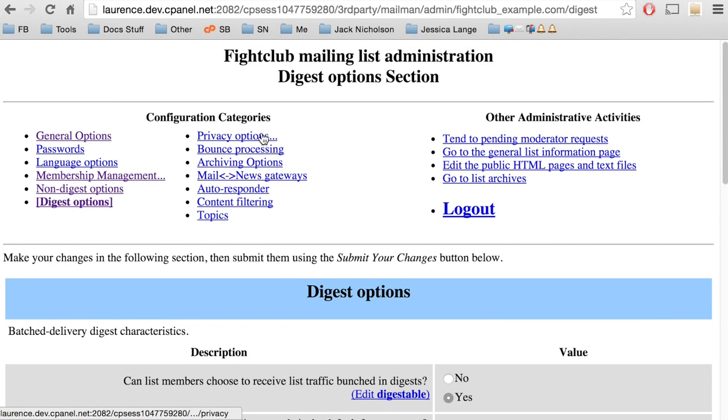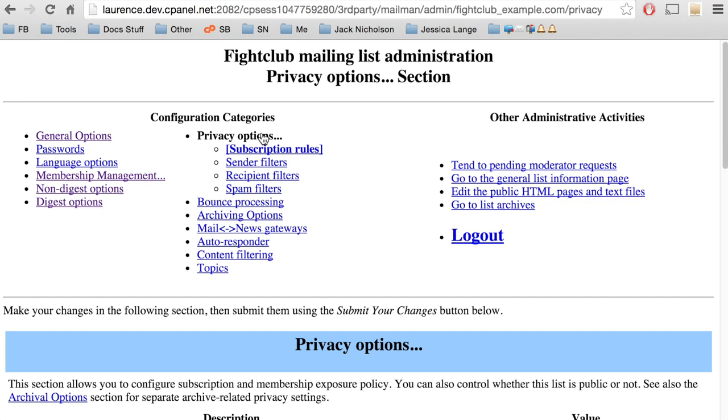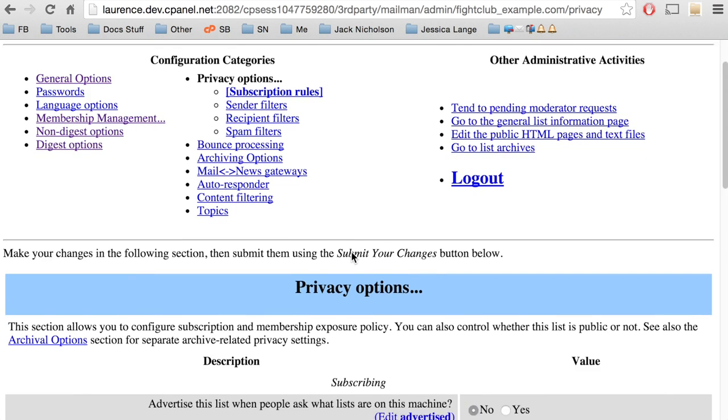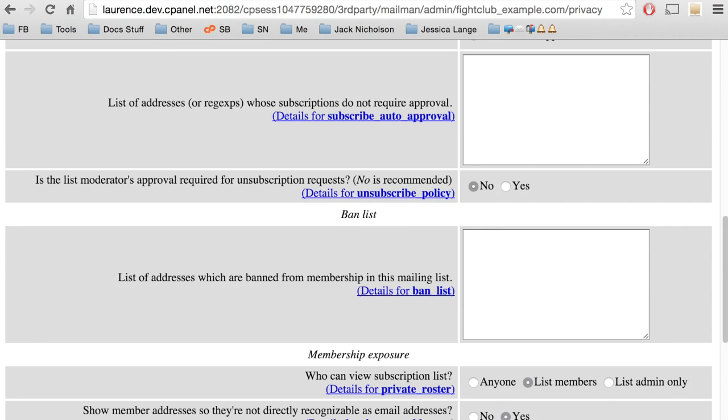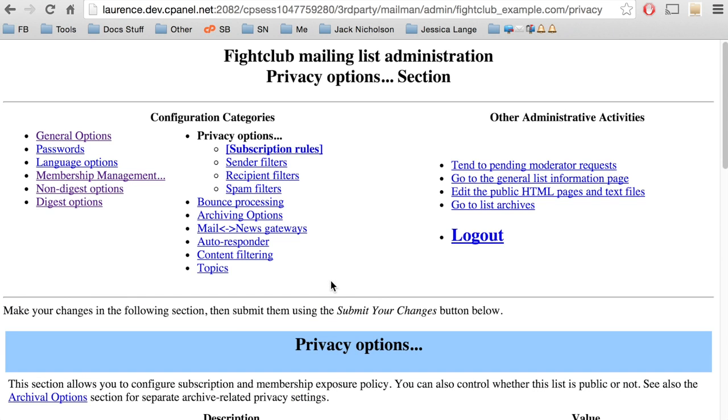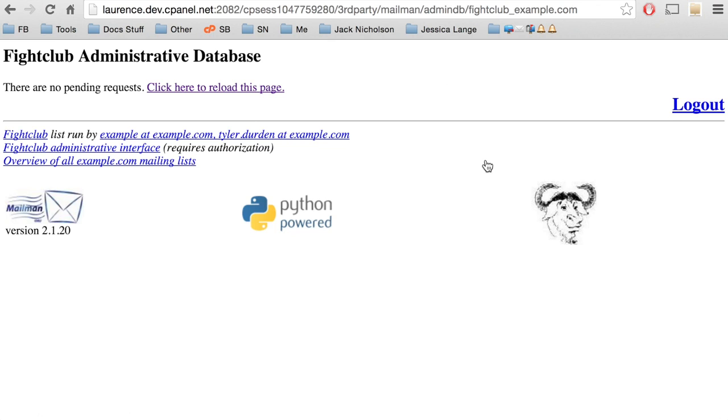Privacy options allows you to set the rules for subscribing to the list. You had this option on the cPanel mailing list interface too, but there are more details here. You can also manage a ban list to keep certain addresses from subscribing, or requesting a subscription if it's a private list. If your list is set to moderate messages, click Tend to Pending Moderator Requests. Then you can allow or reject messages that subscribers send to the list and the messages are waiting for